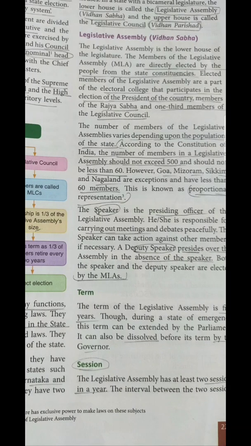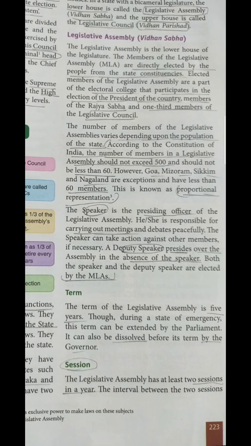Even in your class, if a debate session is going on and the teacher is not present, the teacher acts as a speaker. If the speaker is not present, can you stop your debate in any case? No, you will keep continuing till it takes the shape of a fight. So the Speaker is the one who handles the whole functioning, the meetings and the debate, in a very peaceful and good manner.